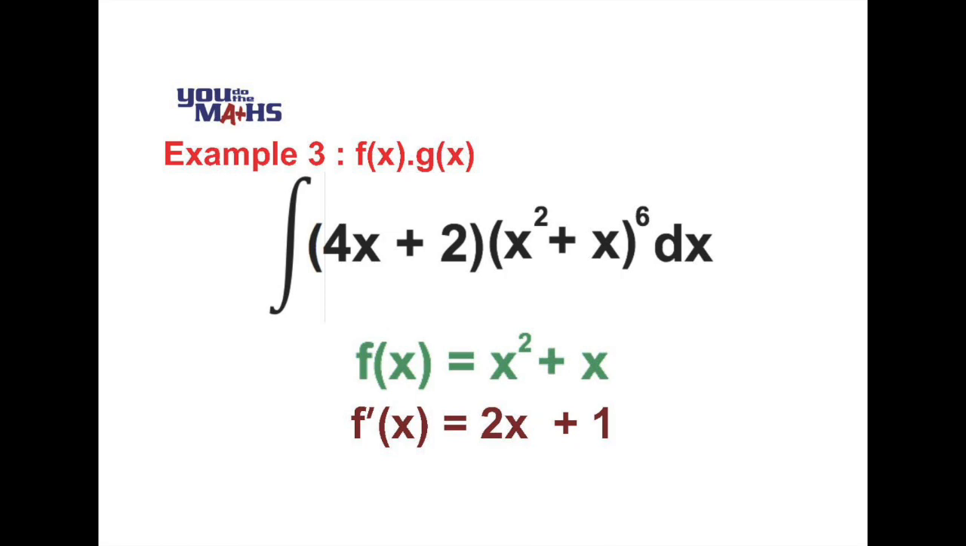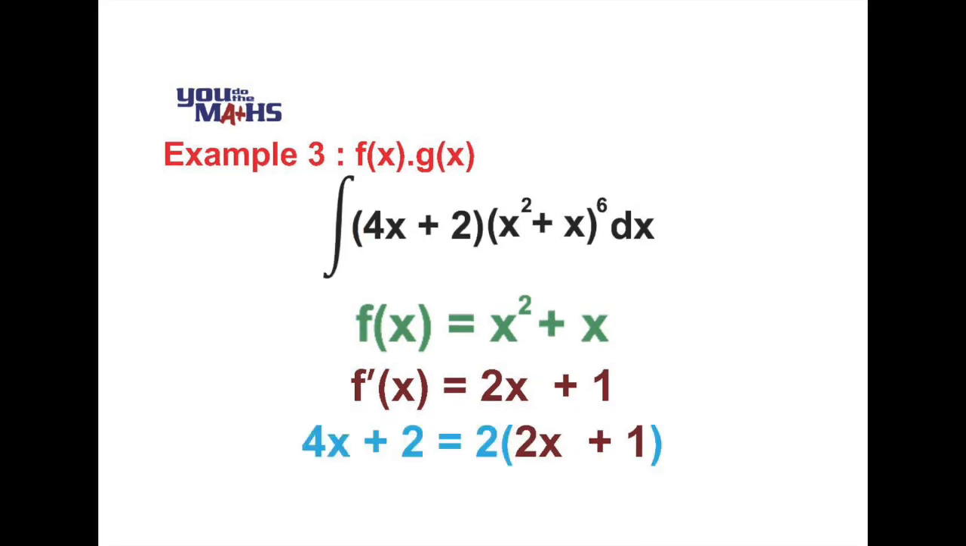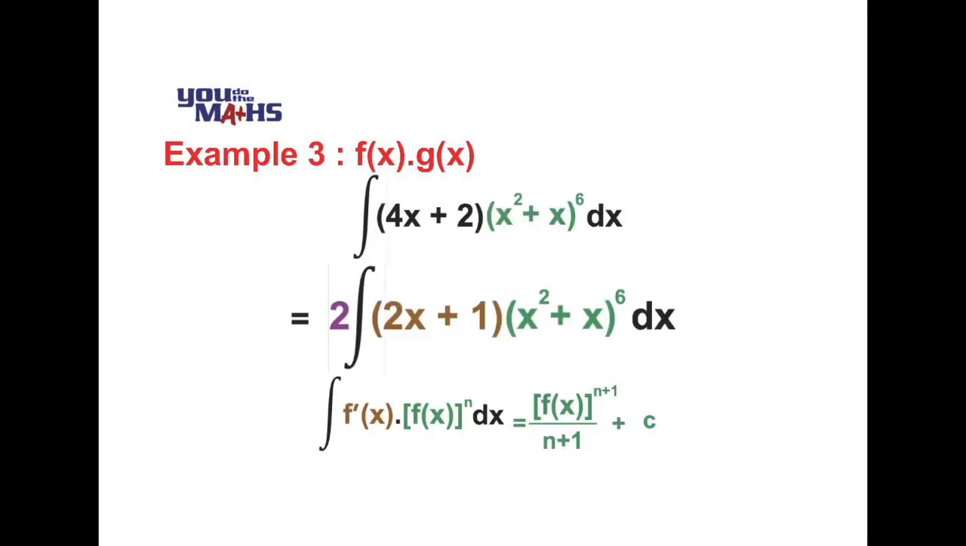We now need to look at how this associates to the other bracket, in this case 4x plus 2. And we can see that we can write 4x plus 2 as 2 outside of 2x plus 1. In other words, if we factorize 4x plus 2, we do identify the derivative of the other bracket. So now the next step is to write our integral in a form where we can apply the rule. We can see in green we've got f at x, which in this case is x squared plus x, and we've raised that to the power 6, and we've got its derivative in brown, 2x plus 1. And of course we've factored out the 2 at the front of the integral so we can isolate it